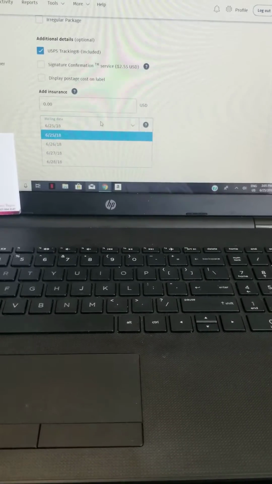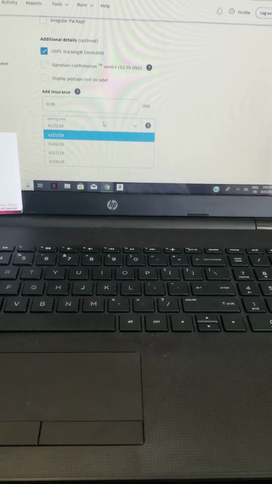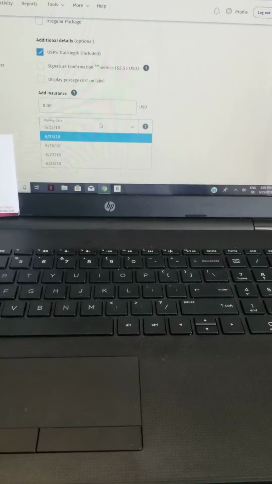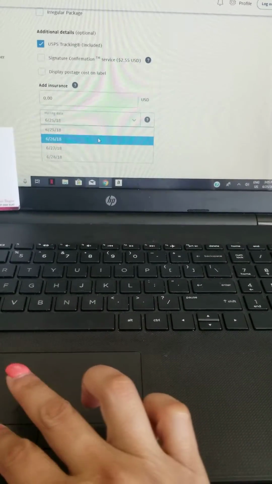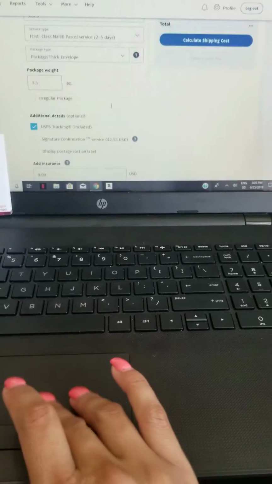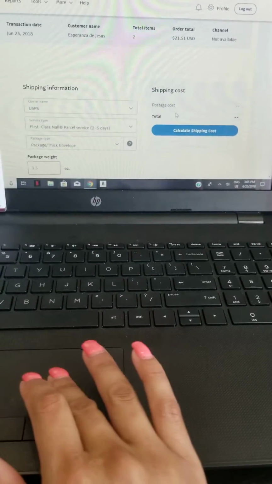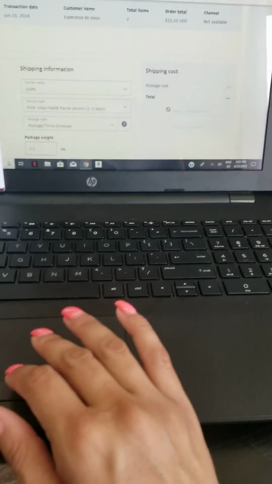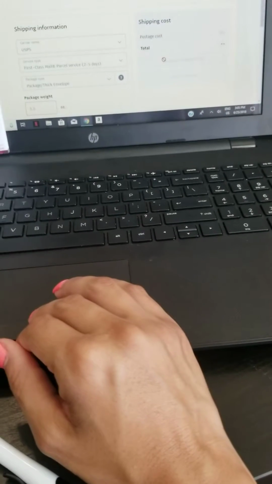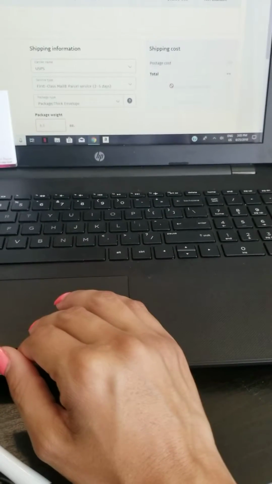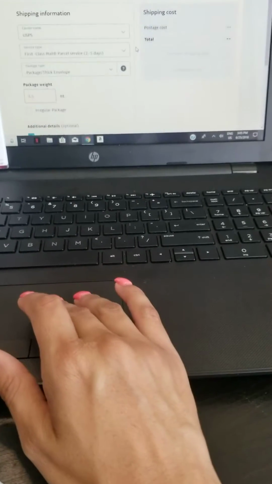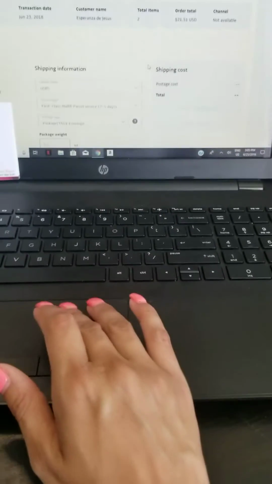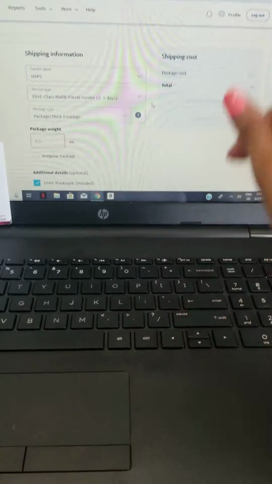Most of our lives are going to be in the evening time, so you're obviously not going to mail it out that same day. So you want to go ahead and mail it on the next day. So just make sure you change that. And then you're going to come up here and say calculate shipping cost. Hopefully it will work. It might not work. Sometimes it is a little funny. Let's see. No, see, it's not letting. Okay, so for some reason it's not letting me do it, but you'll go to calculate shipping cost, and then